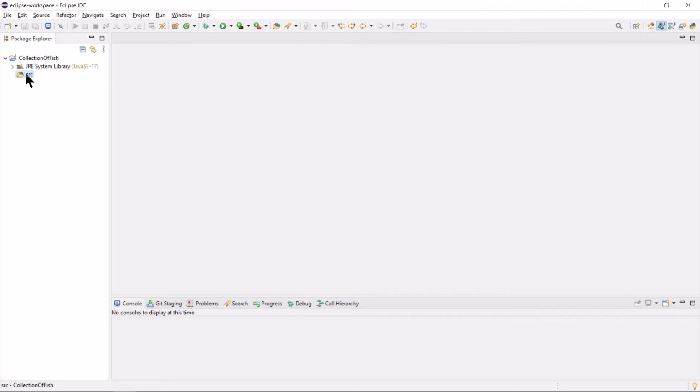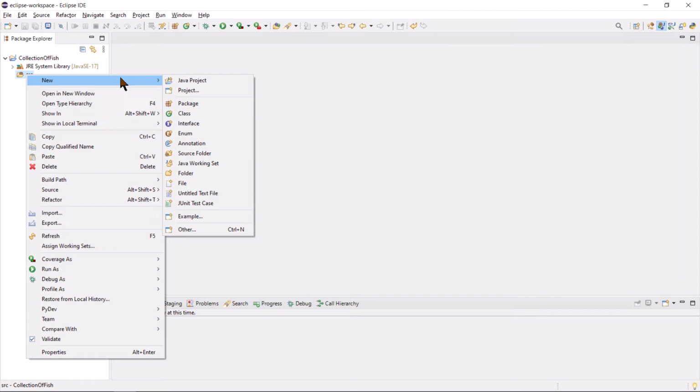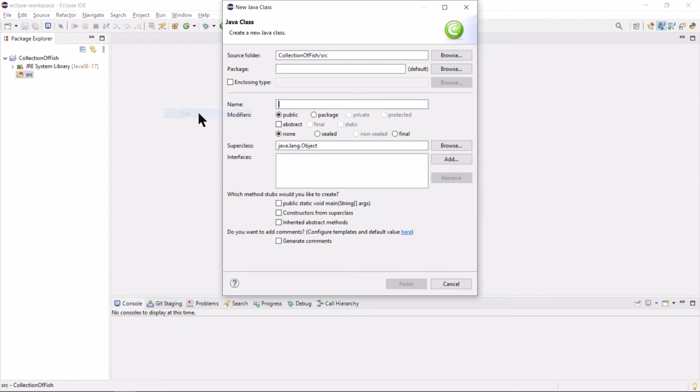Now I need to tell Eclipse about this file, and this is a little bit hokey, but I'm going to create the file and then just overwrite the contents of it with what I provided for you. You don't have to do it that way. You can tell Eclipse that the file's out there on the disk somewhere, but this is just a little bit more straightforward, I think. I don't have to worry about file paths and where things are and if they're not in the workspace. I'm going to say new class and I'll call it fish, and I'll put it in the fish package,